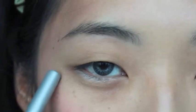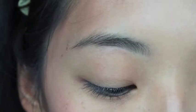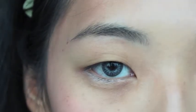So now I'm gonna zoom in and we're gonna get to that 60s cut crease. And the first thing we're going to do is our brows. For the 60s look, you want a really, really natural brow. You're not going to draw in anything. All you're going to do is pick up your